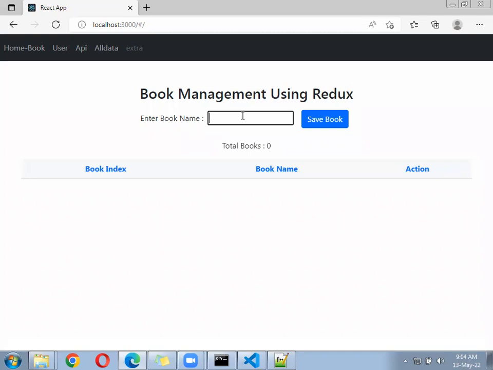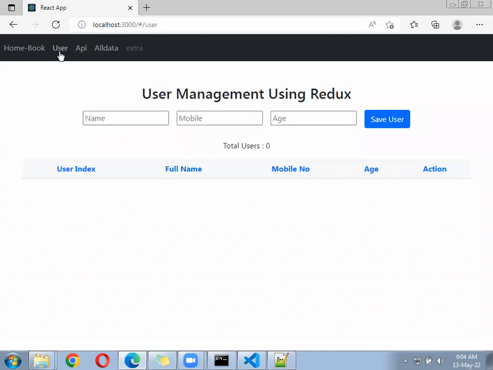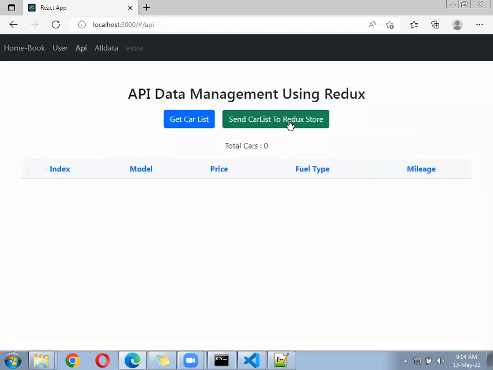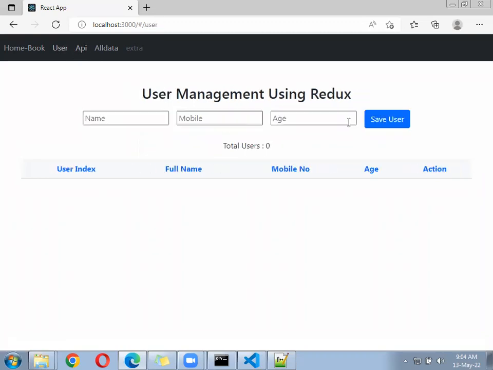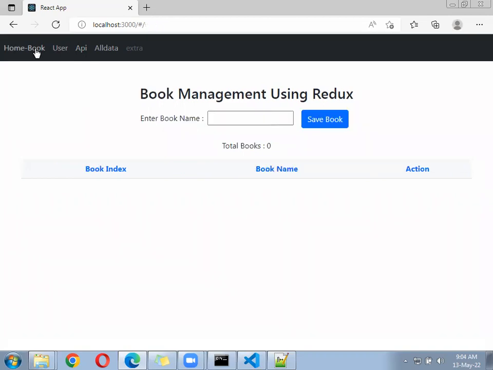Now coming to React. When we send a request from the user page, when we send the request from the API page, correct? When we click on this button, what will happen? The request will go. Means the action will be dispatched. To whom? To the store. As soon as your request gets dispatched to the store, inside the store, there are different types of